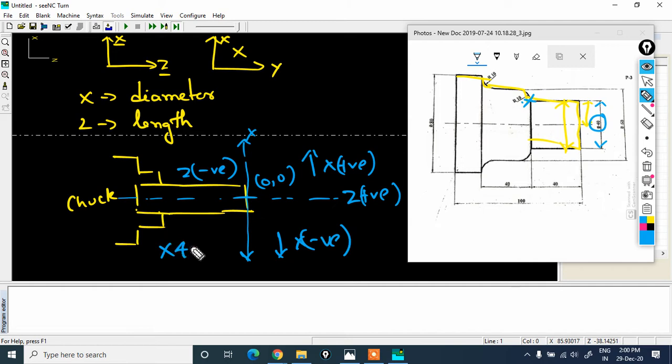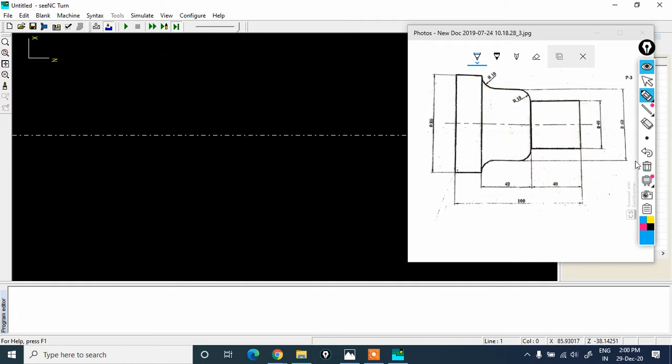X will be 40, a positive value, followed by Z. Z will be towards the chuck, so this is 40, that will be minus 40. Don't forget this. If you give plus 40, it will be an error. So remember this axis and mention values accordingly. Those are the two things I wanted to highlight here.